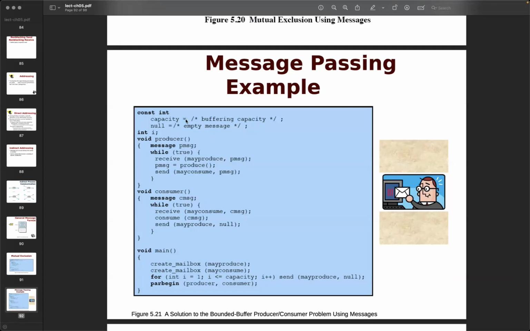Maybe we'll set the capacity, or in the beginning the message will be empty or null. So here will be the same. Let's say I create a mailbox, produce and consume, and then just keep sending. Okay, so we will do the same. When we receive it, I will receive from the producer, with the message, and then we will call the function produce. And if you remember the produce,